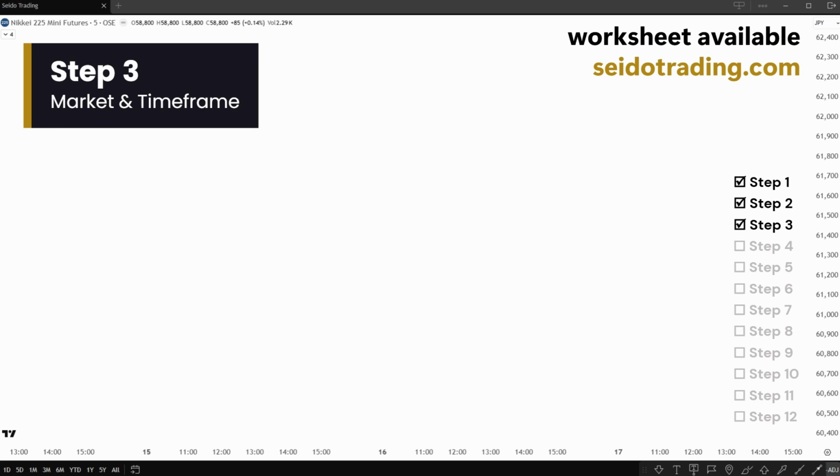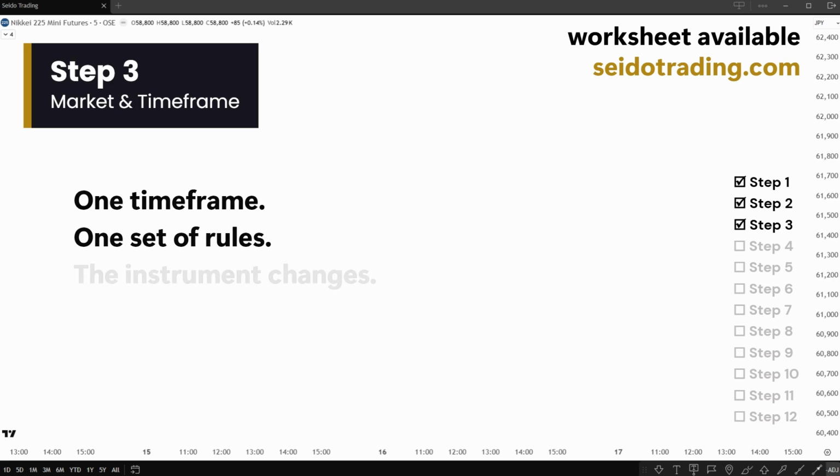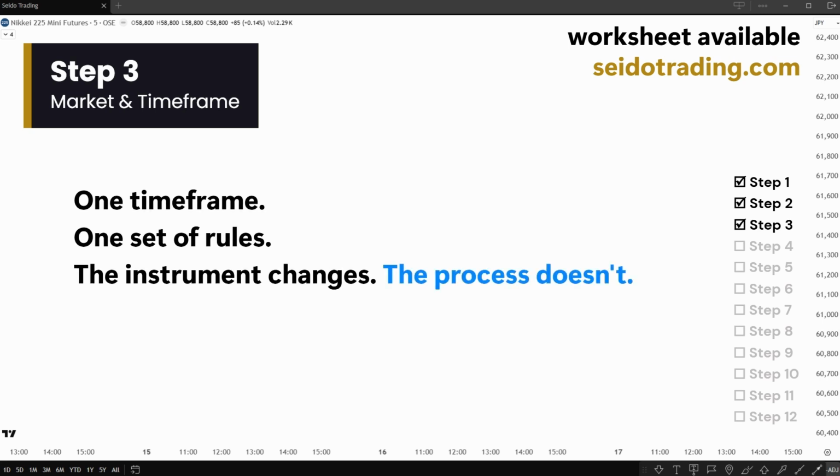Step 3, market and time frame. So what market you will trade this strategy on, when you'll trade it, so between which hours. Remember, trading needs to fit your life. Most of us get into trading to have a different life than the 9 to 5 grind, so live it. Choose the time frame chart you will trade. If your strategy says that you use a higher time frame bias and then trade off a 5-minute chart, write this down.